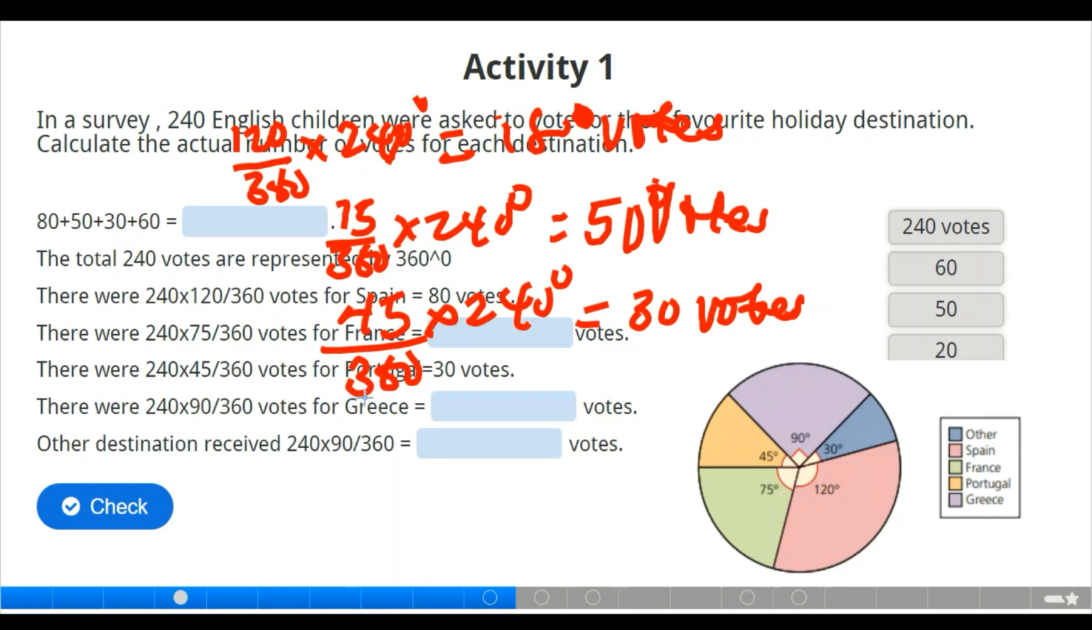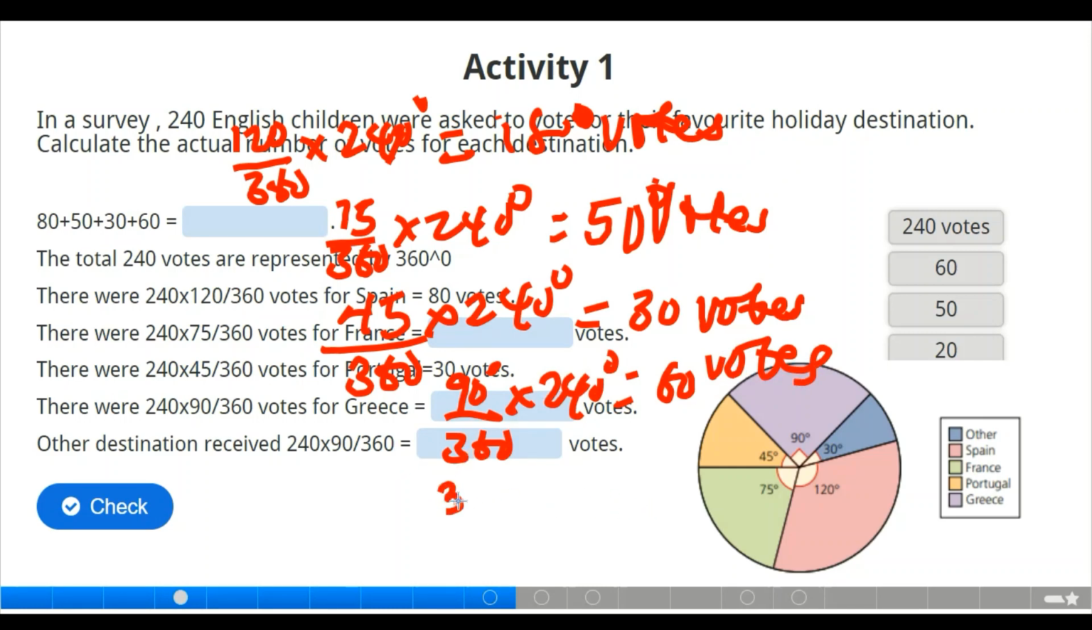Okay, so for the next one we have 90 degrees divided by 360 multiplied by 240 degrees, and that will give us 60 volts. And the last one there we have 30 degrees divided by 360 multiplied by 240 degrees, and that will give us 20 volts. So by the time we add all of these volts together, we have to get 240 English students that actually voted for that